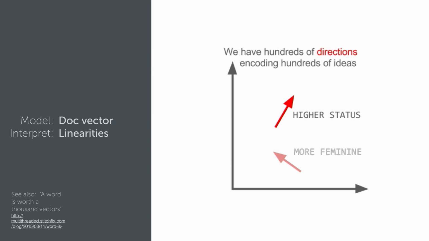And of course, we have hundreds of other directions encoding hundreds of other ideas. There might be a status direction, right? To me, those are the directions I want to find in my model. Now, we're probably not capturing status and gender since I'm on a clothing data set, but what are the directions that we're capturing? What are the interesting directions in my space? t-SNE is scrambling most of the directions, only keeping these local deviations, but what are the key directions in my space?